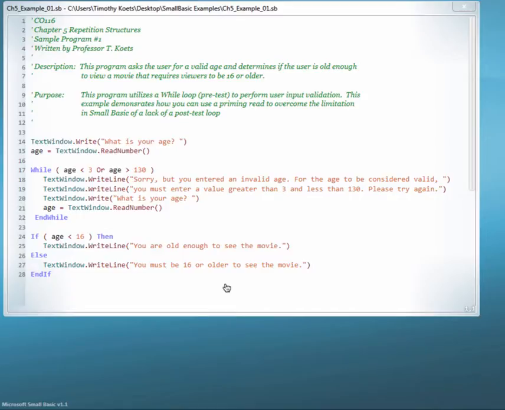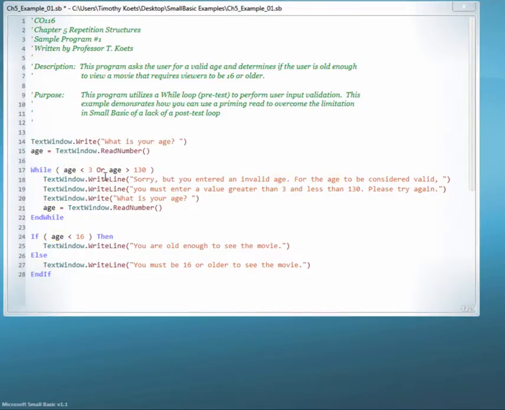And so what you're looking at here is the while loop, and you can see it between lines 17 and 22. Now, if you look at the code and you get beyond the comments here, it restarts on line 14, and it asks the user for their age, and it stores the age in a variable named age on line 15. Now the line 15 here is really what we would call the priming read, because it primes the loop. It sets up the age so that we can test it,